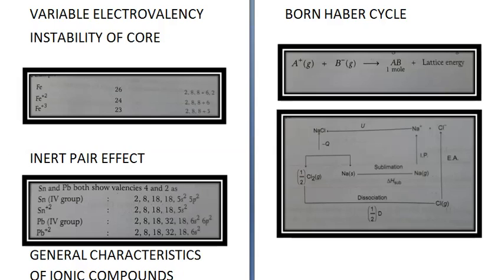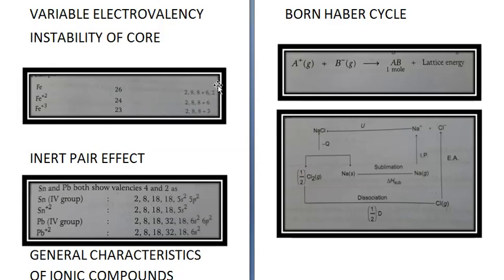Now in case of atoms of transition elements, ions formed after loss of valence electrons do not have a stable core, as the configuration of the outermost shell is not ns2np6 but it is ns2np6 nd1 to 10. Okay, for example, you take iron. Iron has atomic number 26. So its electronic configuration is 2, 8, 8 plus 6 and 2.